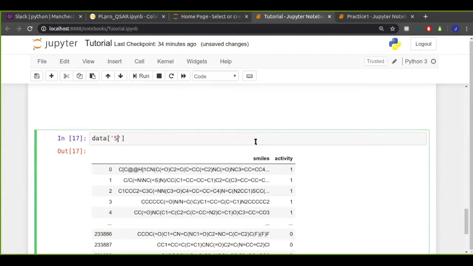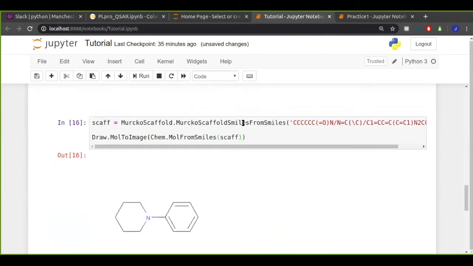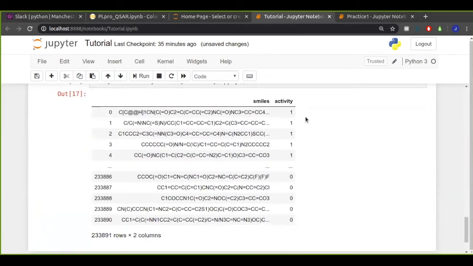I'm going to call the new column scaffolds equals, and now we're getting on to the apply function. The apply function applies to a series or an individual column. So you can see here I've selected the smiles column from which I'm going to apply, and I'm just going to paste in my Murcko scaffold from smiles function.